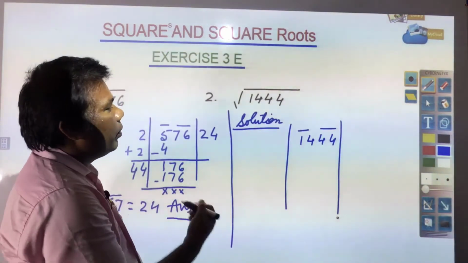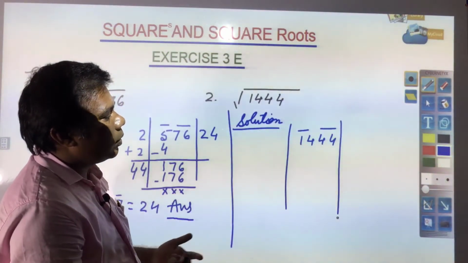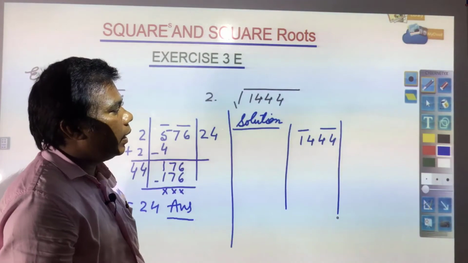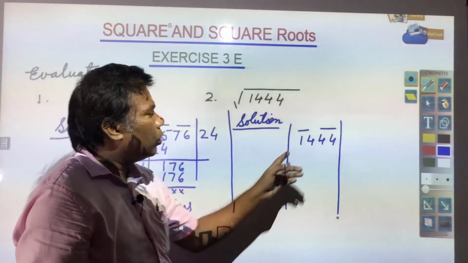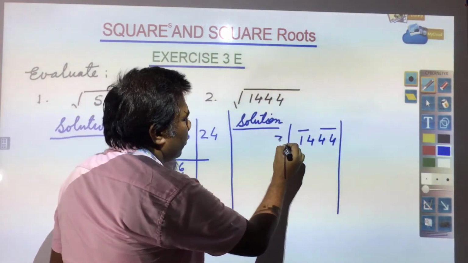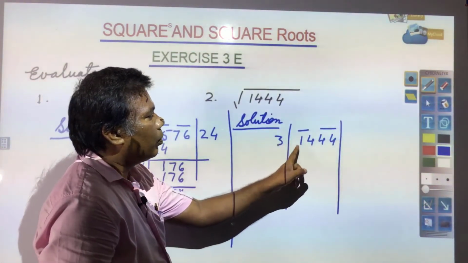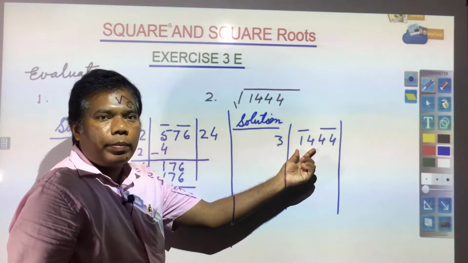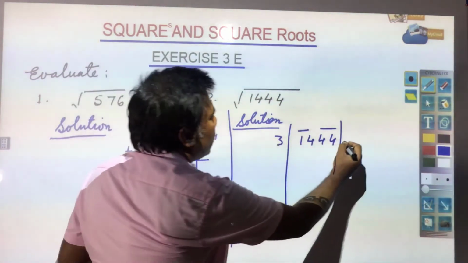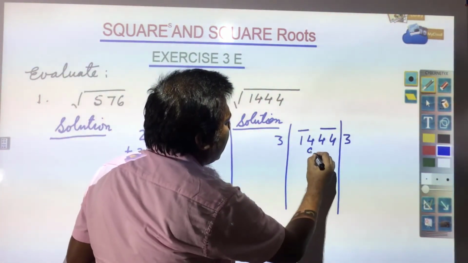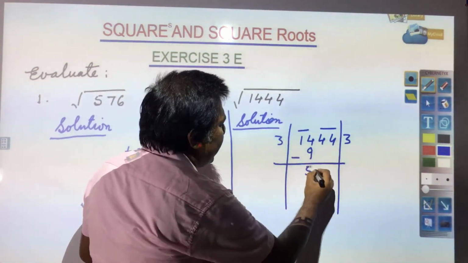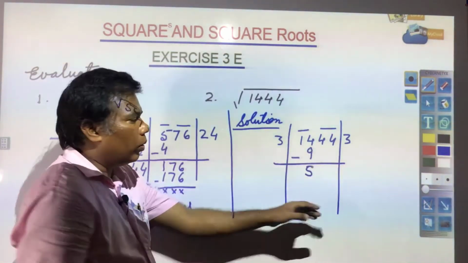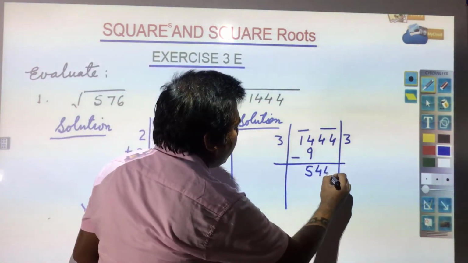So, just you see, if you are doing 2 times 2 is 4, this will be very less, 3 times 3 is 9, again it is less, 4 times 4 is 16, but it is bigger. So, we will take 3. If you are taking 4, then 4 times 4 is 16 it will be, so it will be bigger, that is why we will take 3. So, 3 times 3 is 9, you subtract this, what you will get? You will get 5. The next period is required to be taken down. So, the next period you have is 44.